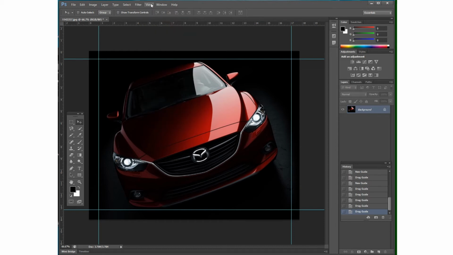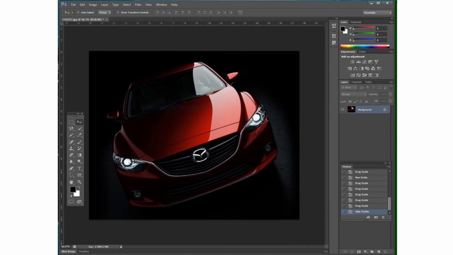Okay, I'll clear all the guides. Now by using that one, we can create a layout using guides, and it also will be helpful with this